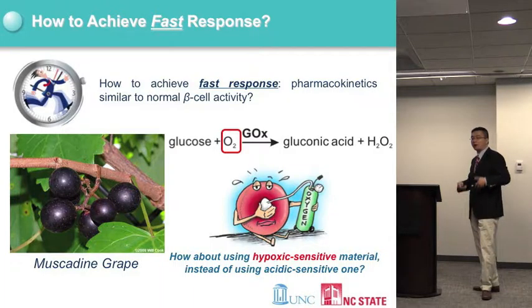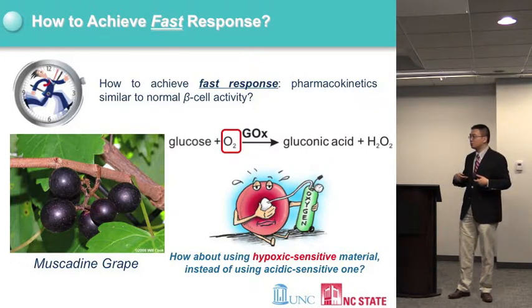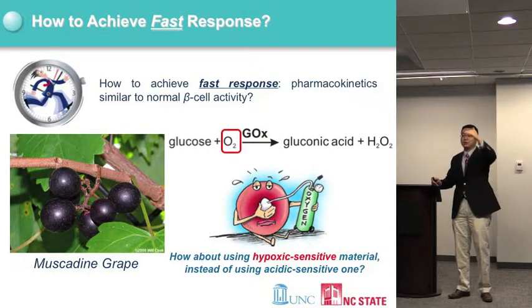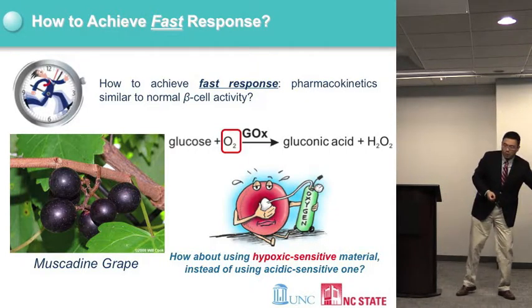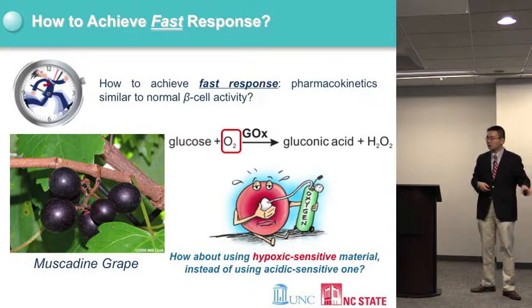However, we later found that our body, the living system, is a buffer system, B-U-F-F-E-R, with many salts inside. So it's really hard to reduce the pH to a gentle acidic environment within a short period of time. The neutral pH level is 7.4 or 7.2, and it's really hard to reduce it to 6 or 5 quickly enough to trigger this response. This could be a big problem. Although we can show this response in bottles and tubes,